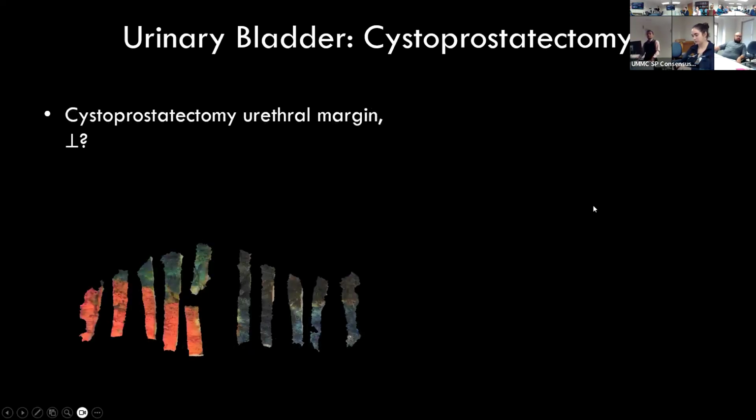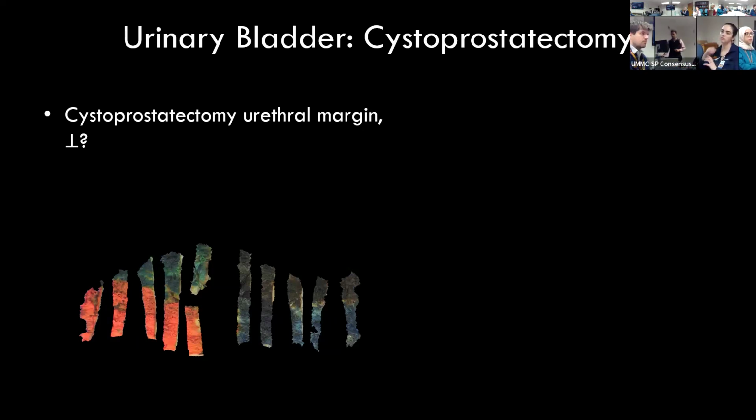So how do you sample that? If you do it perpendicularly, like you do for prostate cancer, let's say you shave off the apex and then perpendicularly section and submit it. The urethra is there somewhere in the middle. Most likely this section is the one that should have the urethral opening. But what happens when the organ is removed? The urethral mucosal membrane usually retracts a little bit up,